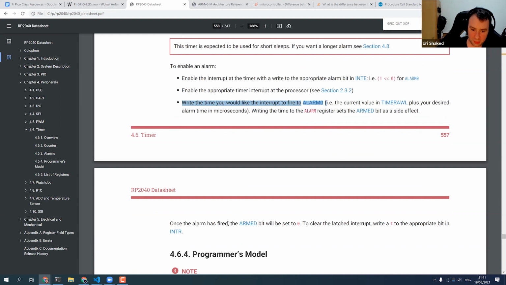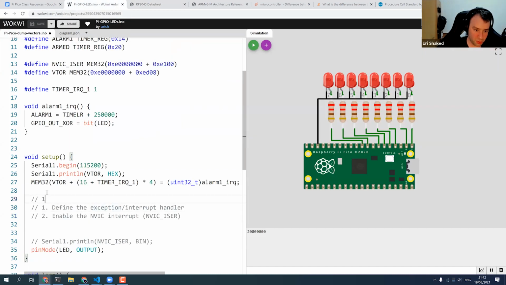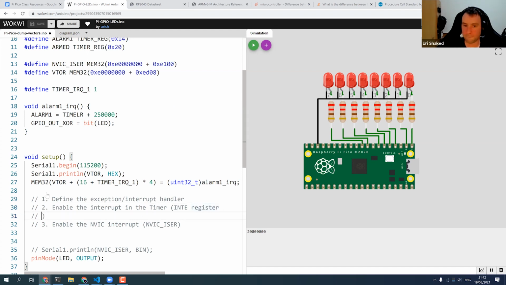And then there is the armed bit. After the alarm is fired, the armed bit will be set to 0, but I also need to clear the interrupt by writing 1 to the bit in INTR. So let's write it down. Before we do that, we can define the exception interrupt at the beginning, but then we need to enable the interrupt in the timer INTE register, and then